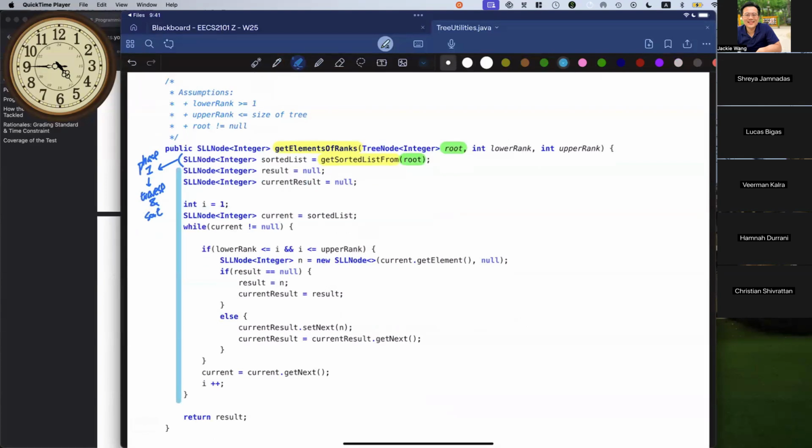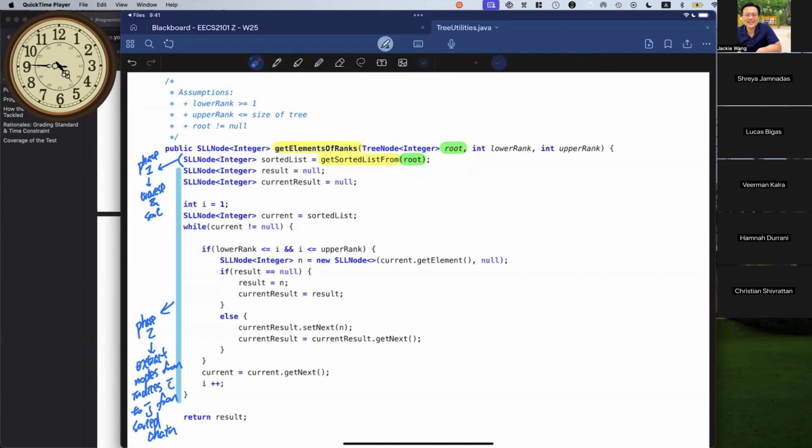This is phase number two, which is to extract nodes from indices i to j from the sorted chain of nodes, because phase number one has already sorted that while traversing it.